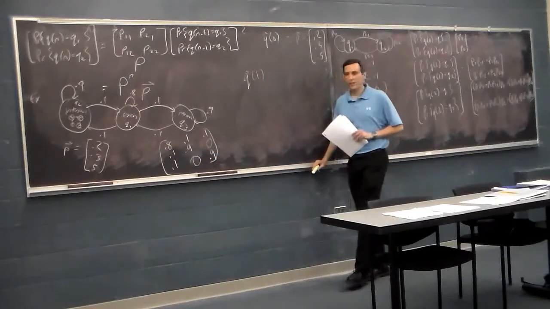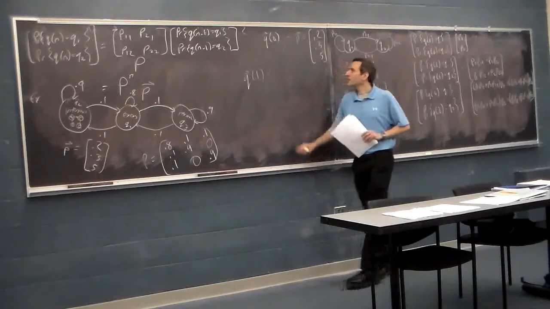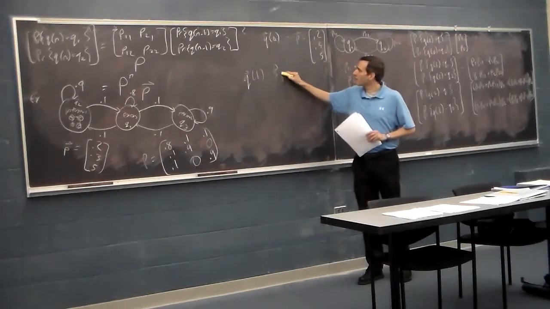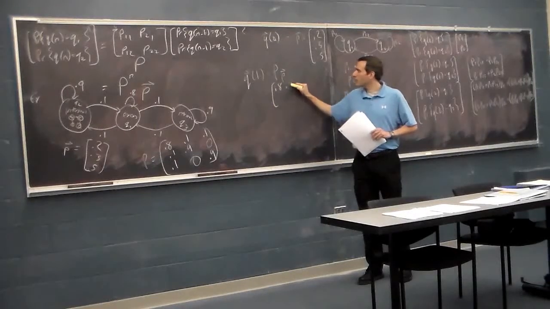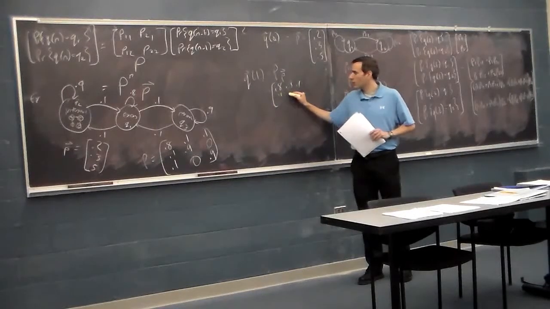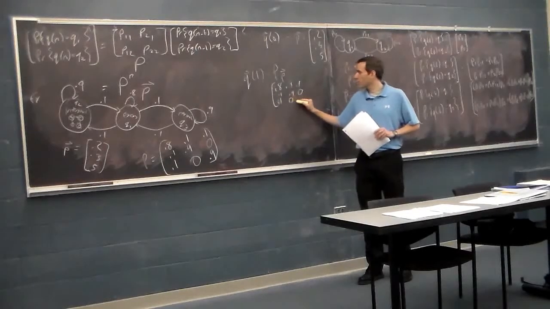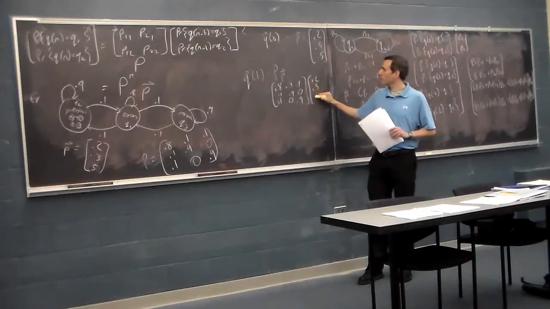So this would be our transition probability matrix P. And so if we want to derive Q of 1, what we would need to do is multiply capital P by this little p, which will give us 0.8, 0.1, 0.1, 0.1, 0.9, 0, 0.1, 0, 0.9 times 0.2, 0.3,